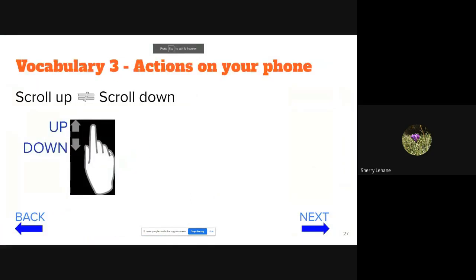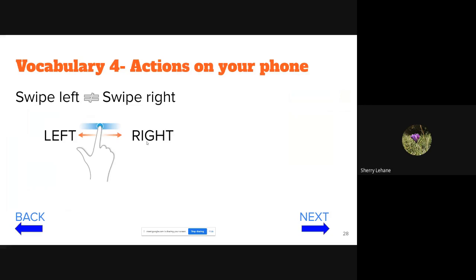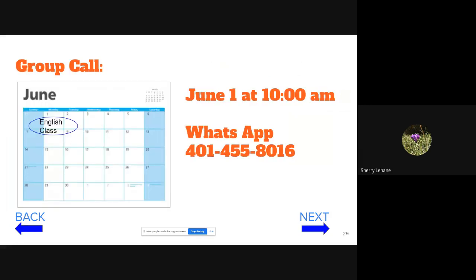And then a couple more vocabulary words: scroll up and scroll down, swipe left and swipe right. And then follow up with maybe a group call. So this was in the idea that you have regularly scheduled check-ins with them. So that's one example of what micro-learning could look like, something that would take